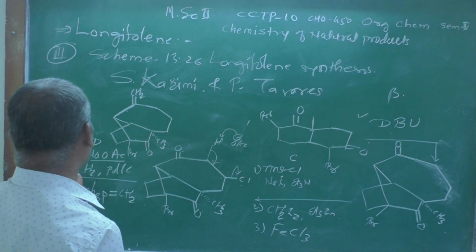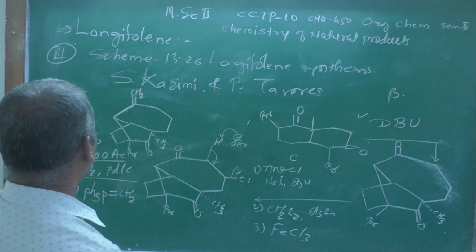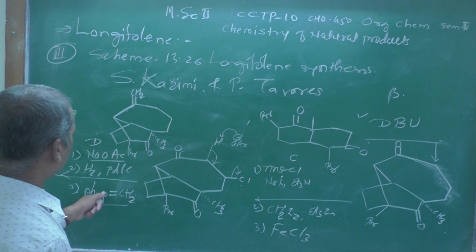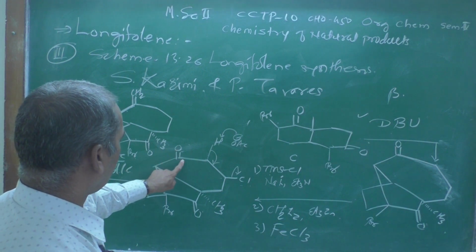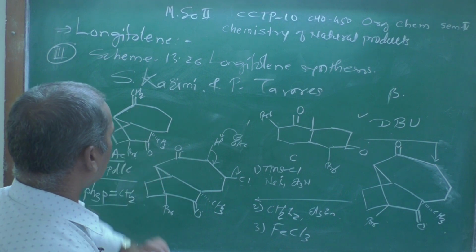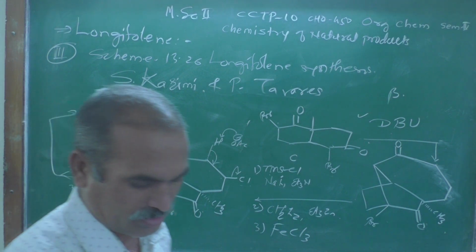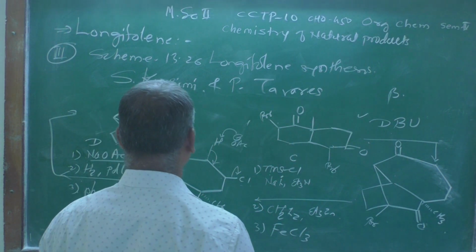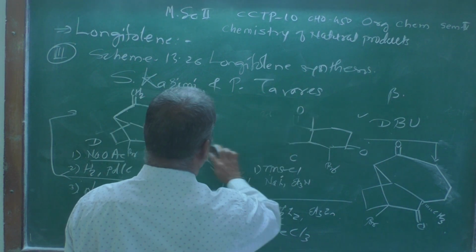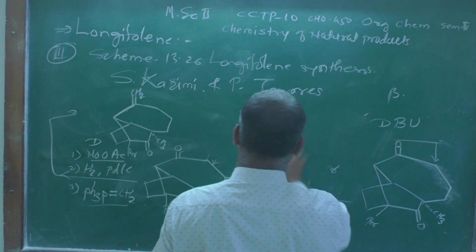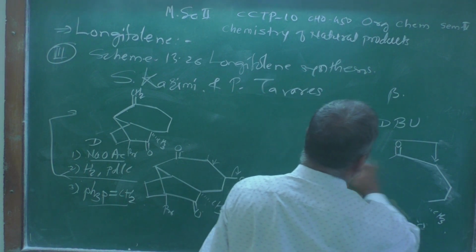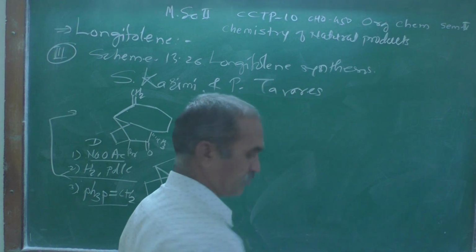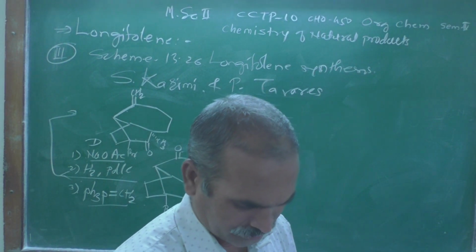This double bond, the alpha beta unsaturated compound, gets converted into a carbonyl, and then you are adding this Wittig reagent, which will convert this into a CH2, and this is the product which we got over here. The mechanism of the Wittig reagent and all other things we already discussed in our previous lectures. Now after this